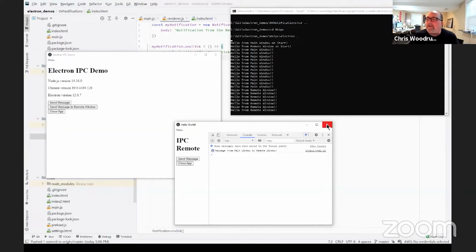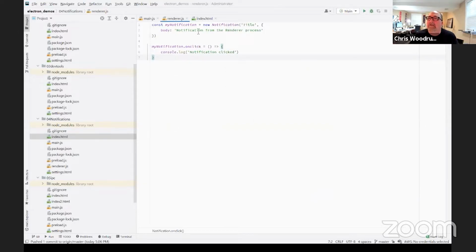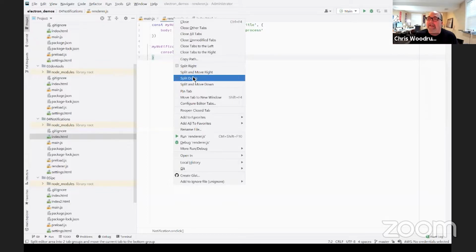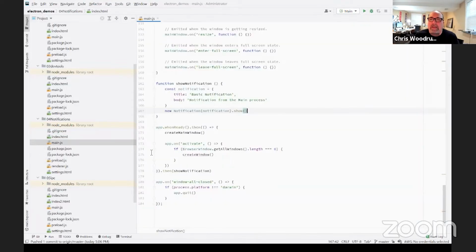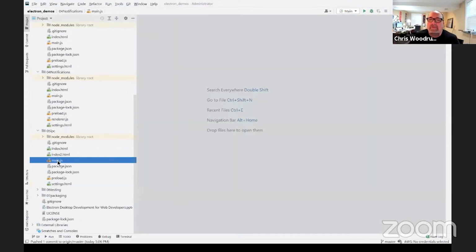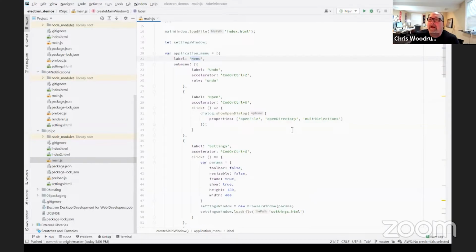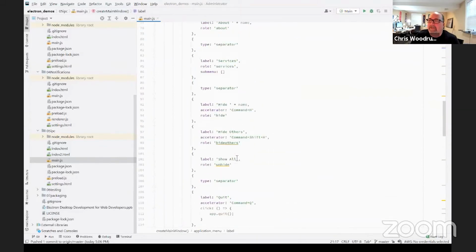But let's take a look at the code on how to do this, because it's actually not very hard either. Everything with Electron has gotten really easy to work with. It's pretty logical. So let's go down to IPC. In my main, I do have a lot of the boilerplate stuff that I do in the menu.